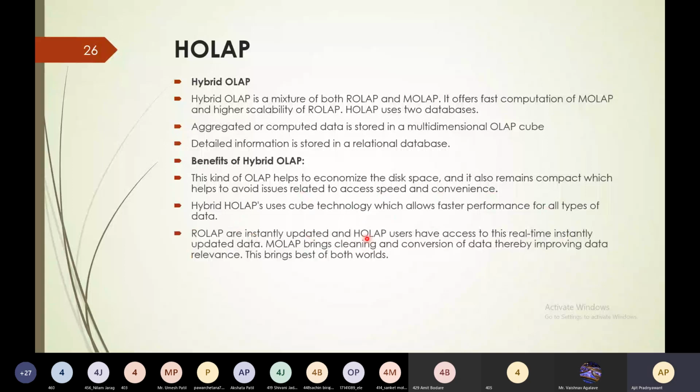ROLAP is instantly updated, and HOLAP users have access to this real-time instantly updated data. MOLAP brings cleaning and conversion of data, thereby improving data reliability. This brings the best of both worlds.